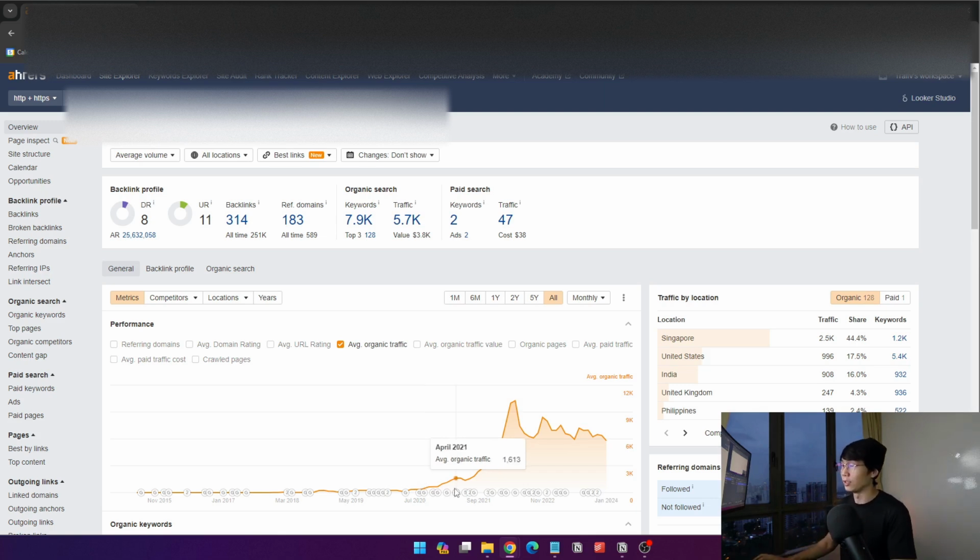Now, when we reached 1,000 plus organic traffic, that's when we told the clients that, hey, we are ready to launch phase two. So what did we do for phase two? In phase two, we let the partners know that we need to do a site migration, because Wix is not going to cut it for us, as there are a lot of limitations that we cannot work around. And if you are interested to find out what some of the limitations with CMSs are, and why I prefer WordPress sites or custom coded sites versus builders like Wix, Squarespace, and Duda,